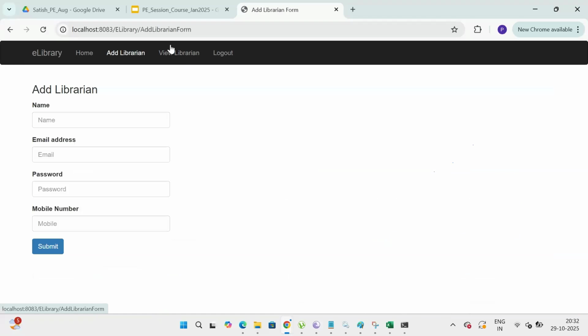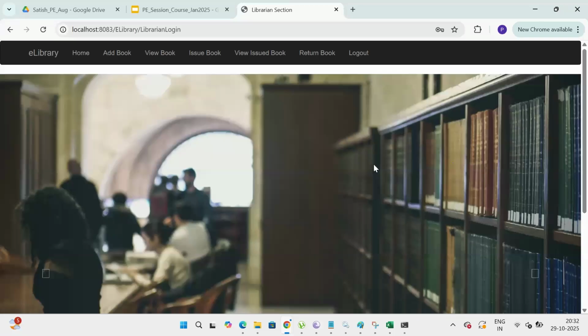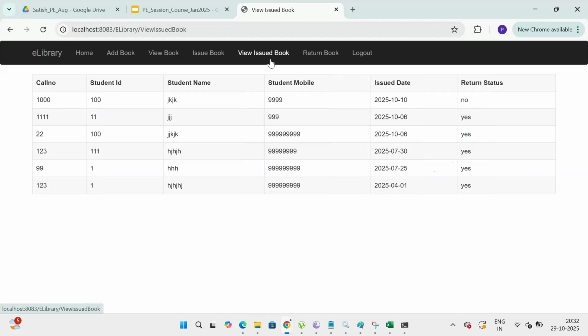After logging out, you can also log in as a librarian, and then you'll be able to issue a book, return a book, add a book. All these functionalities you will be able to do. It's a typical library administration application. This is what we'll use for our memory profiling, CPU profiling, heap dumps, thread contentions. For all these things, we'll be using this.